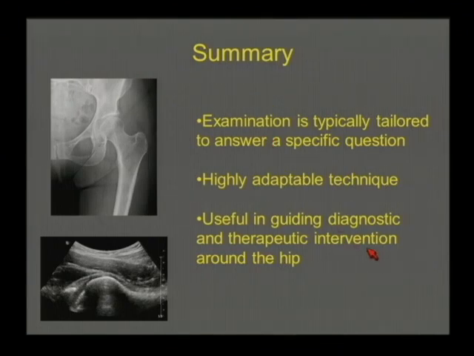A couple other general points about ultrasound, which I've mentioned before, is you have the patient there. So I'm constantly asking them questions, making sure that what I'm seeing correlates with their symptoms. Sometimes we'll see some tendinosis or other findings that the patients may not have a lot of symptoms related to. So it's important to talk with them while you're doing the procedure. Another nice thing is you have the other side for comparison. So if things are confusing, often I'll image the other side as well and save images both in PACS for